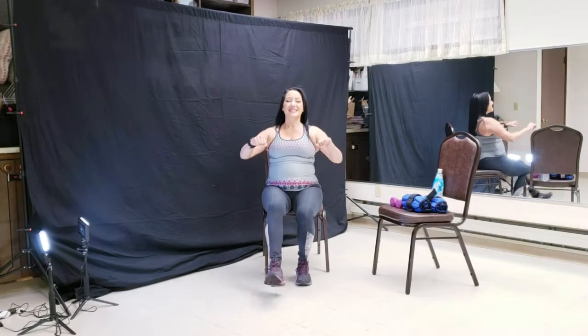something heavy away, 5, 6, 7, 8, and 1, 2, 3, 4, 5, 6, 7, and 8, and 1, 2, 3, 4, 5, 6, half jacks out, right leg out, lift the arms and switch those legs, alternate them, 5, 6, 7, 8, and 1, 2, 3, 4, 5, 6, 7, and 8, sit up tall, we're almost done, 5, 6, 7,